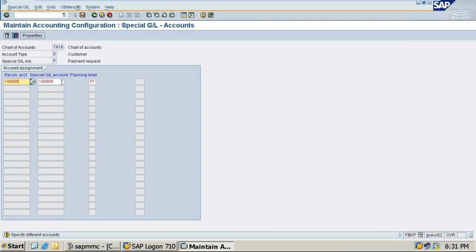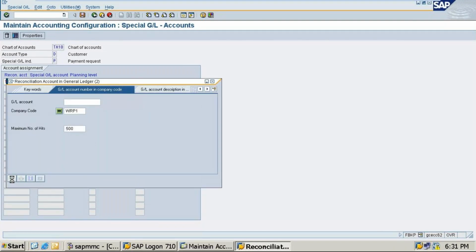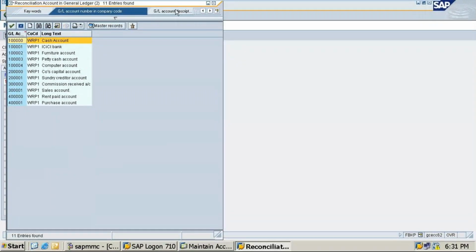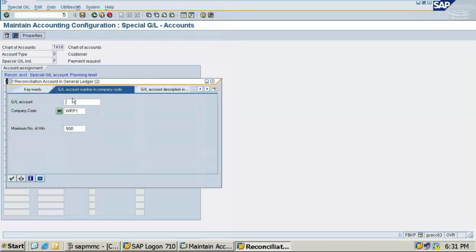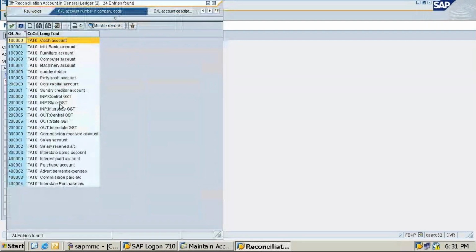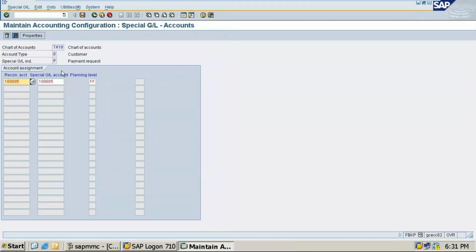Specify the different account here. It is asking. Different account it is.